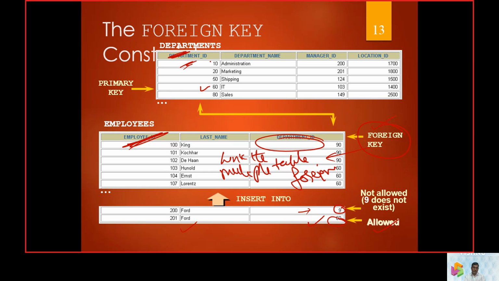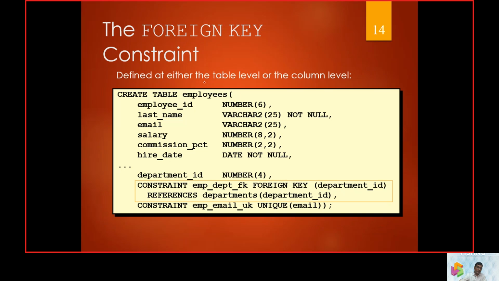But for 9, I have only 10 here. So 9 does not exist, therefore the record with 9 was not allowed. But when I call with the 50th element, of course it is available, so it was accepted. Now we are going to give constraints at the table level.